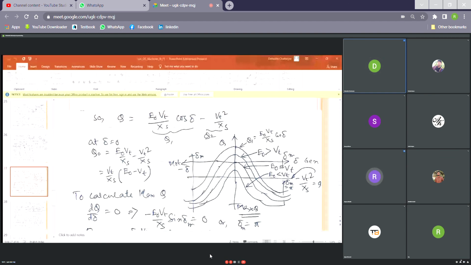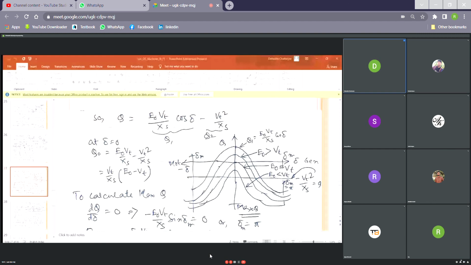এবার দেখা যাচ্ছে। আচ্ছা, আজ এইটুকুই আজকে দেখাবো। এটা রিয়াক্টিভ পাওয়ার যদি দেখো, E0 VT বাই এক্সএস কস ডেল্টা মাইনাস ভিটি স্কোয়ার বাই এক্সএস। হ্যাঁ, তার দুটো টার্ম হলো Q1 আর Q2। Q2 হচ্ছে কনস্ট্যান্ট, দ্যাট ইজ মাইনাস ভিটি স্কোয়ার বাই এক্সএস। আমরা এই যে অ্যাক্সিস থেকে নিচের দিকে আছে দেখো, মাইনাস ভিটি স্কোয়ার বাই এক্সএস, দ্যাট ইজ Q2। এই যে অ্যারো দিয়ে ডান দিকে দেখানো আছে, দিস ওয়ান কনস্ট্যান্ট টার্মটা।